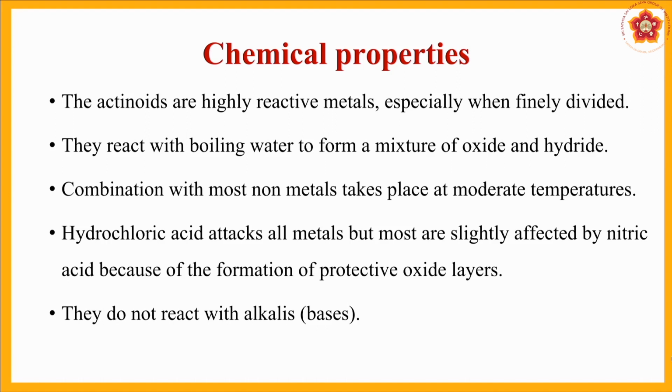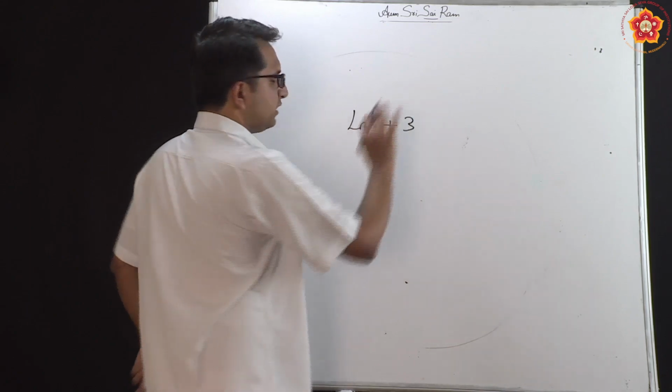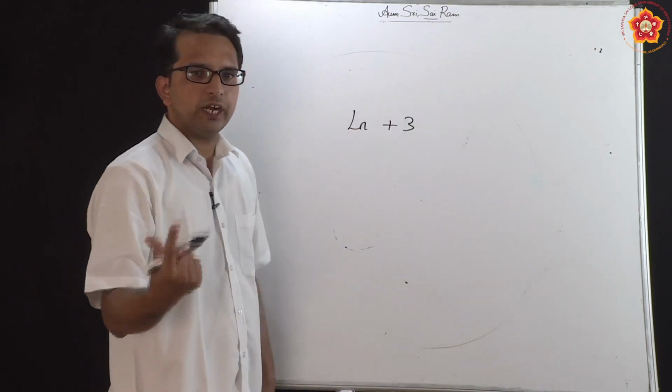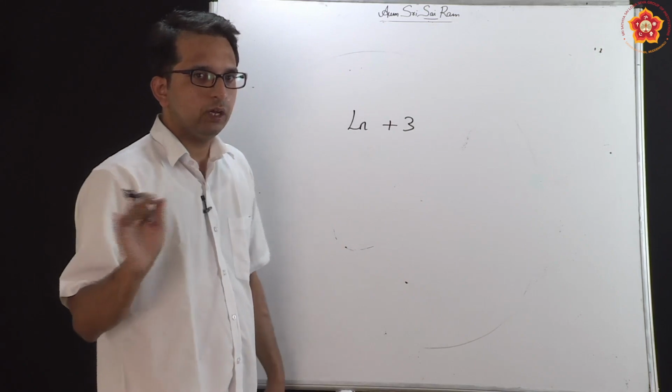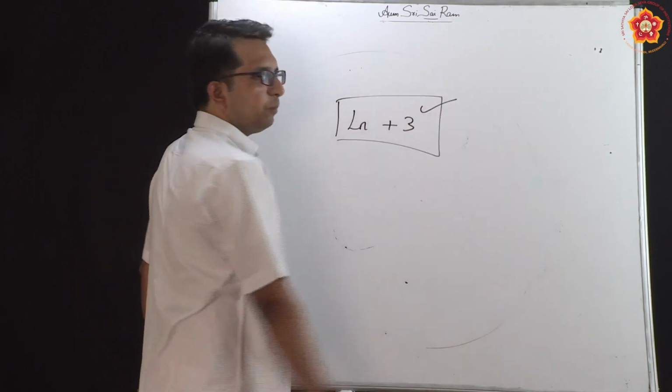And here they also react with many acids, but they generally don't tend to react with bases, because these actinoids are metallic forms. So it is quite natural that they may not react with the bases. One thing we have to realize here is that when we spoke with respect to the reaction of lanthanoids with oxygen, nitrogen, sulfur and all those elements, we believed that the oxidation state of the lanthanoid is generally going to be +3.